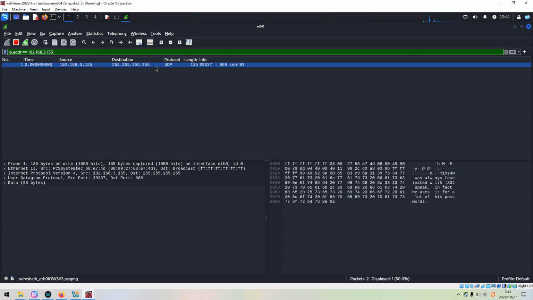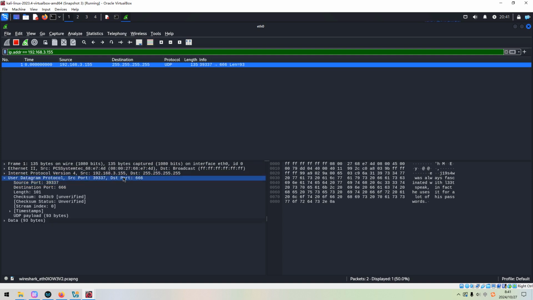As you can see, we got the first packet, and the source is our target machine, 155. And the destination is broadcast, and the protocol is UDP. We can check out the destination port number is 666. And in the payload, we can get something.